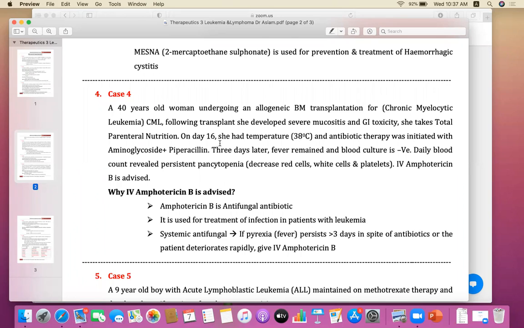IV amphotericin B is advised. Now you should know what amphotericin is. Amphotericin is an antifungal antibiotic. The question is why intravenous amphotericin B is advised? Amphotericin B is an antifungal antibiotic. It is used for the treatment of infection in patients with leukemia. It is a systemic antifungal given by intravenous route. If the fever, that is pyrexia, persists